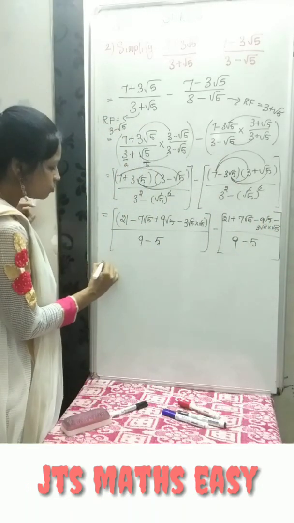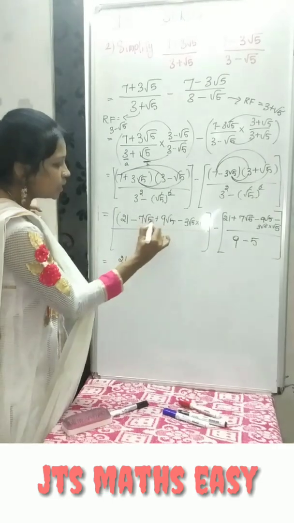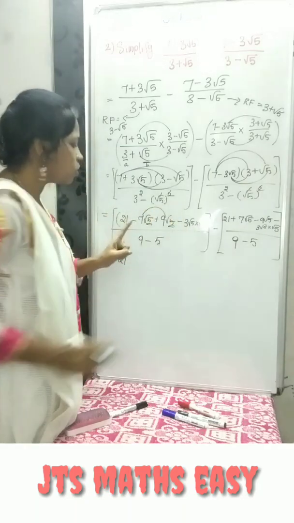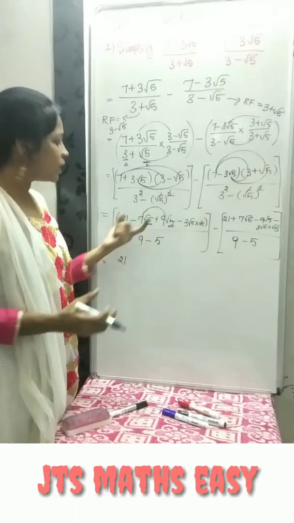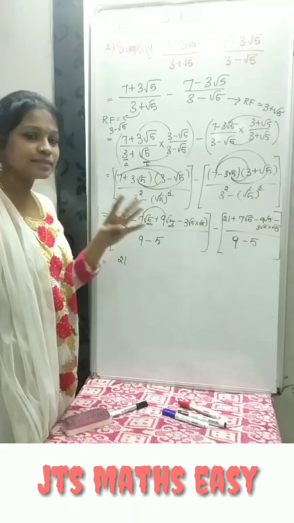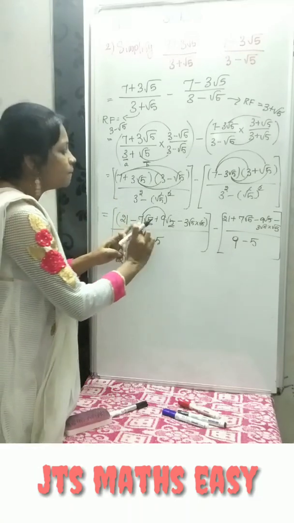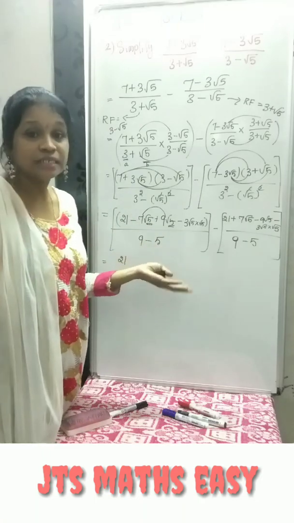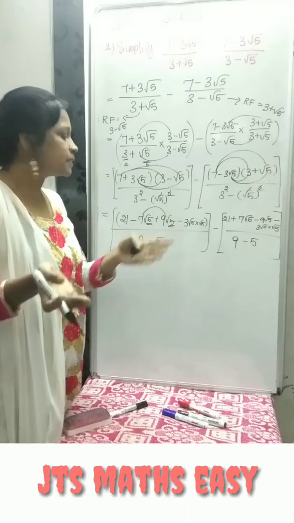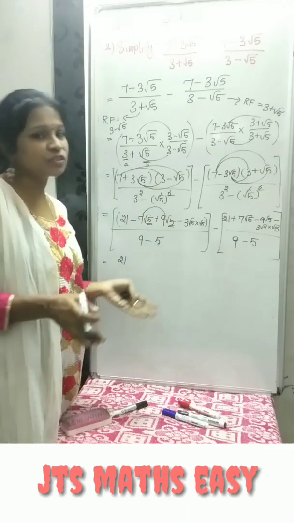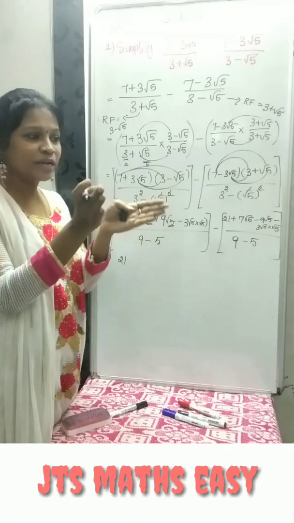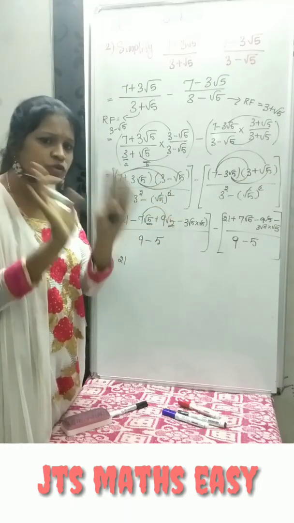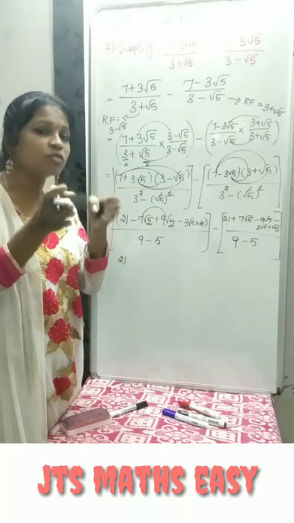Now we want to solve the numerator: 21, and here also root 5 and here also root 5. These two terms are like surds, so like surds can be added or subtracted. Like the algebraic concept, how in algebra like terms can be added or subtracted, the same way in surds also like surds can be added or subtracted. But you need to operate only the coefficients, not the surd term. The surd term is like a variable, you keep it as such and only operate the coefficient.